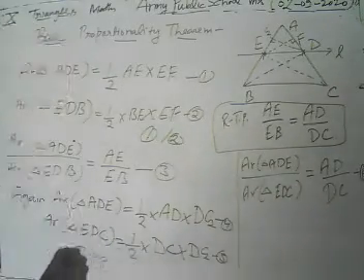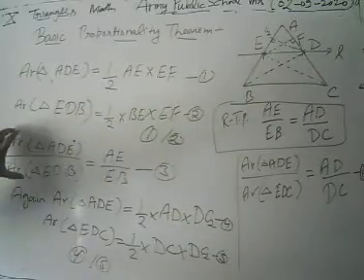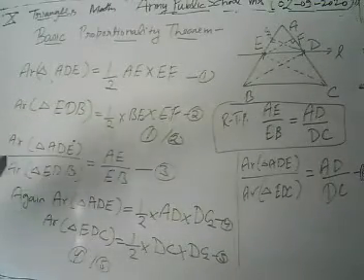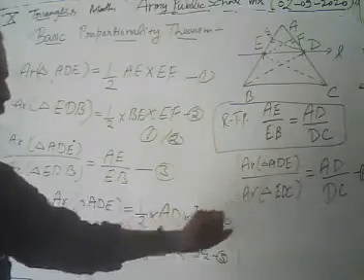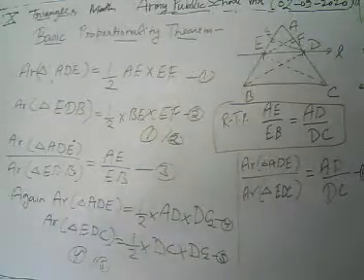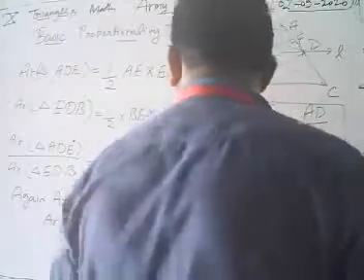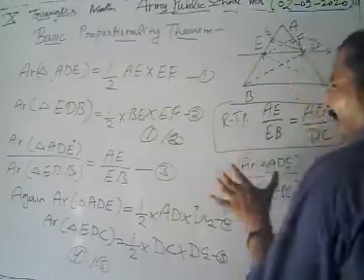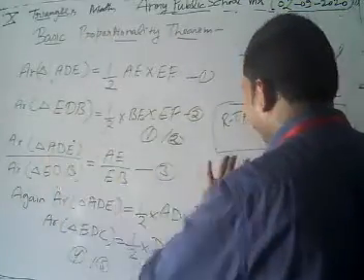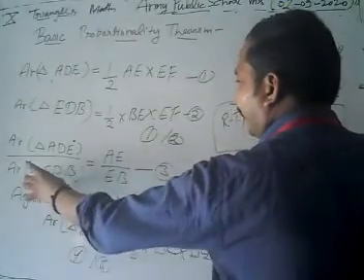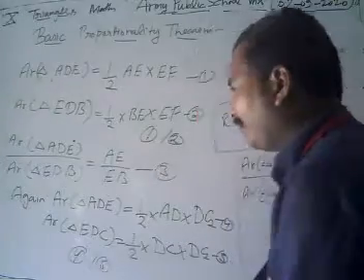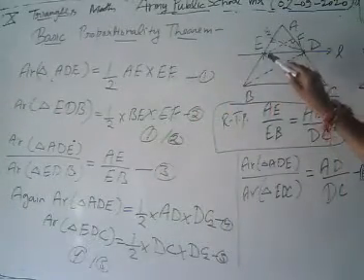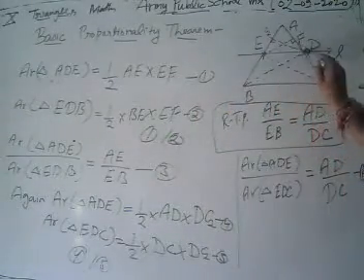Then can we prove that? Can we show that the ratio of the area of triangle ADE to the area of triangle EDB is equal to the area of triangle ADE to triangle EDC? Because look, here both triangles are the same. If our left portions must be equal, then it means the area of triangle EDB must coincide with the area of triangle EDC. Means EDB must equal EDC.